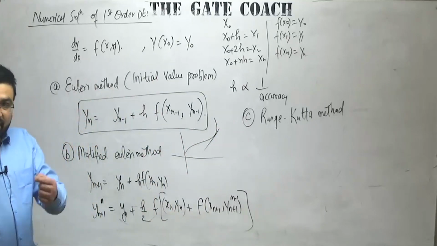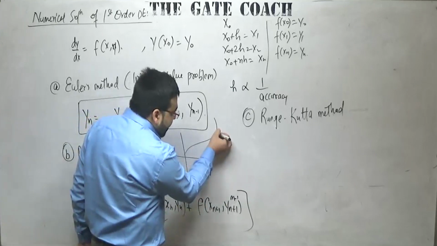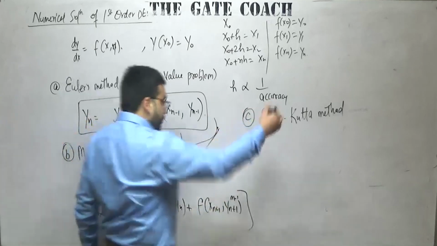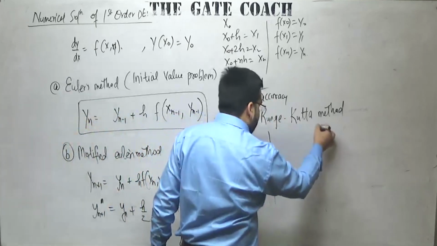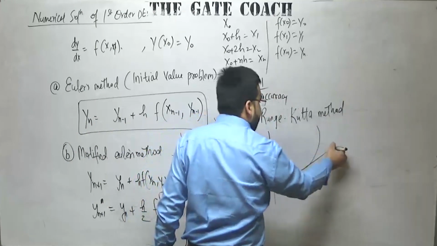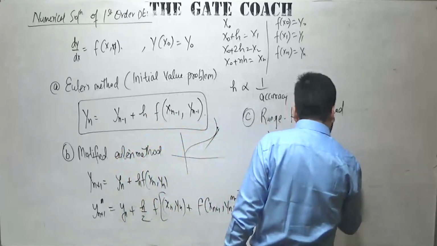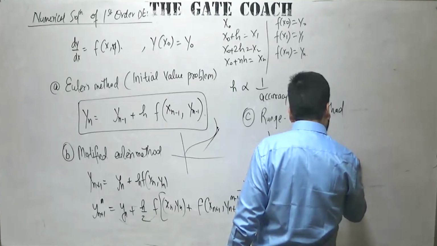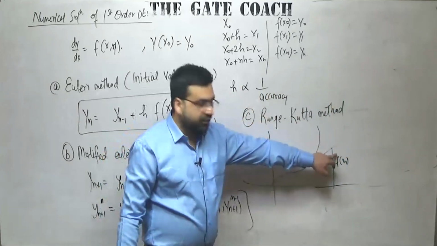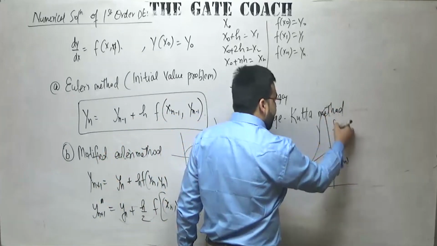Clear? Now, what is the meaning of this h? H is basically this gap. The gap between this tangent and the actual curve is basically this h. For example, let me zoom it. If you zoom it, this is the curve, this is the tangent, and you have taken this point, any point xn. So, this is the value of f of xn. But you have to go here, but you have just reached up to this portion. It means that the difference between this and this is actually h.